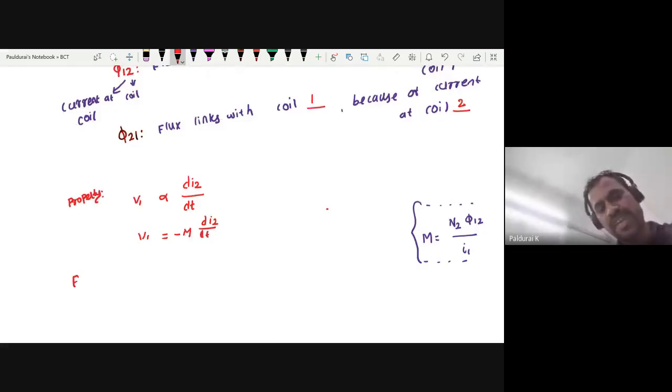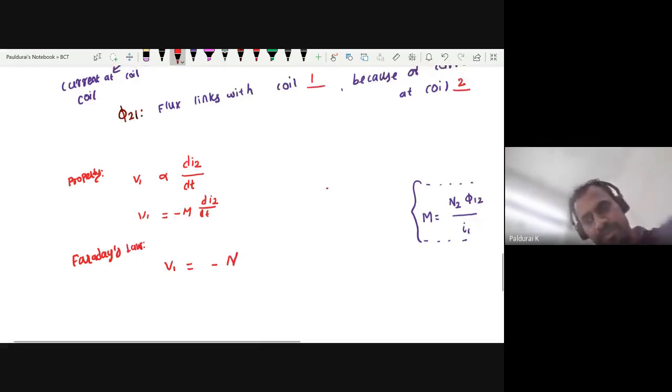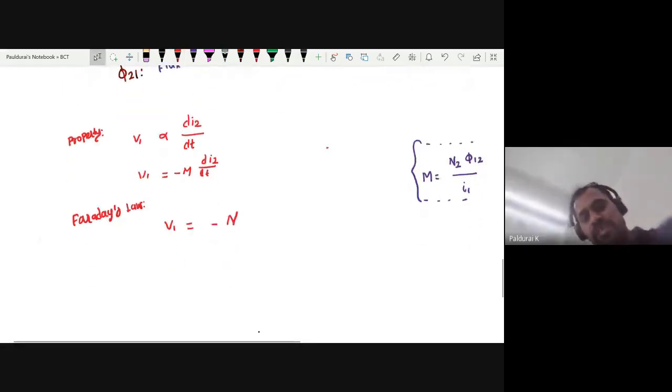Now by using Faraday's law, what is my V1? V1 equals minus of this times the number of turns at coil 2, so N2, d phi by dt. Is it phi 12 or phi 21? Where the first digit indicates, 12 or 21. 12 is flux,